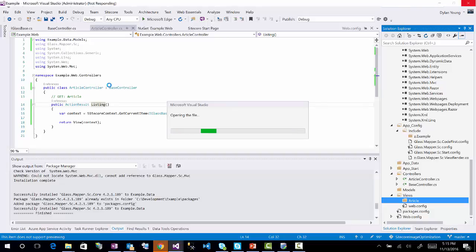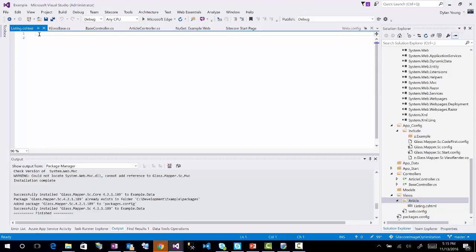And this will create a view that represents the control action that I just defined. I will set this to have a model of eyeglass base. I will find a using statement for this, which is the preferred way I like to do this, using example data models. I just realized I had something defined up there, but anyways,